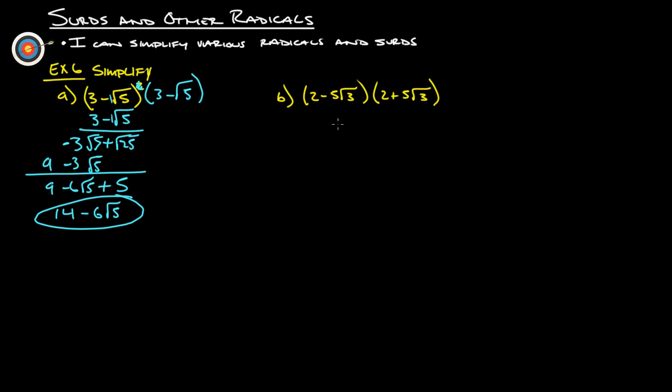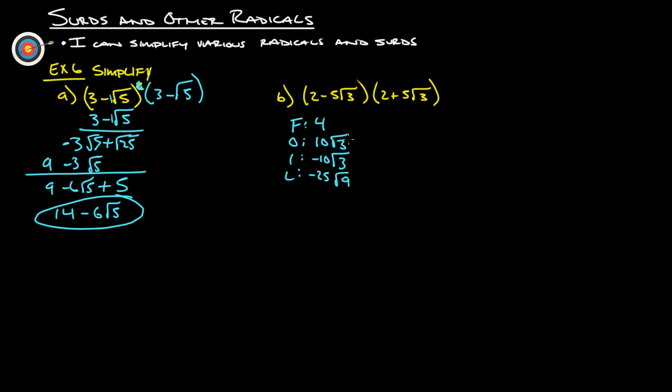How about this? Let's FOIL this one just for those that really want to do FOIL. Okay. So 2 times 2 is 4. 2 times 5 root 3. 2 times 5 is 10. And then we have a root 3, so 10 root 3. Negative 5 times 2 is negative 10, and we have the root 3 left over. And then negative 5 times positive 5 is negative 25. Root 3 times root 3 is root